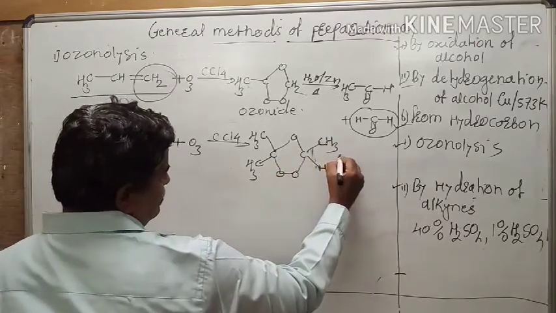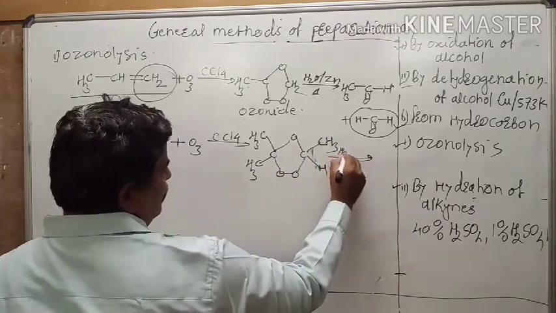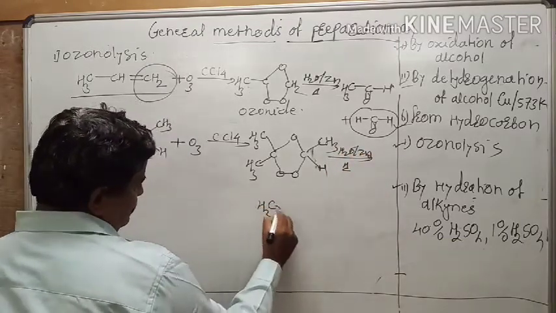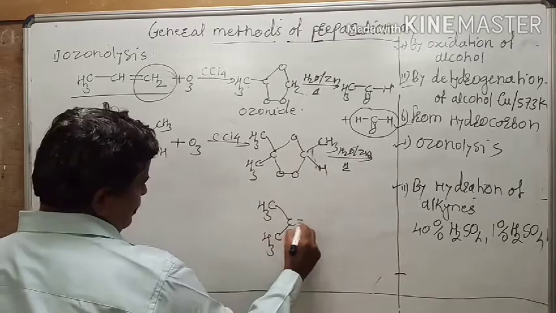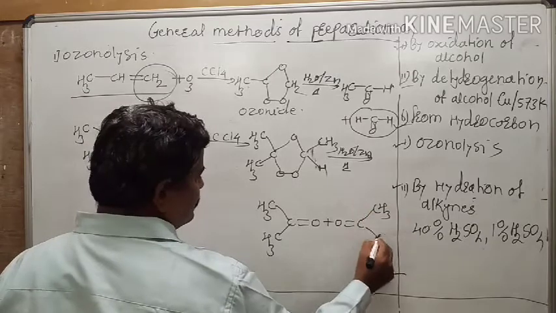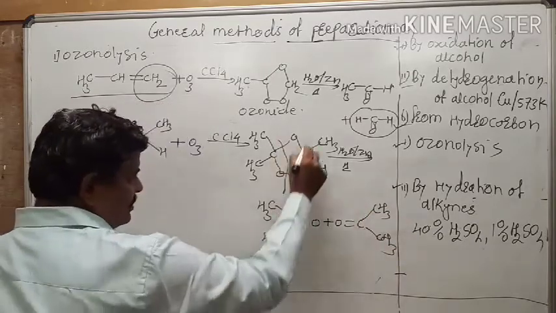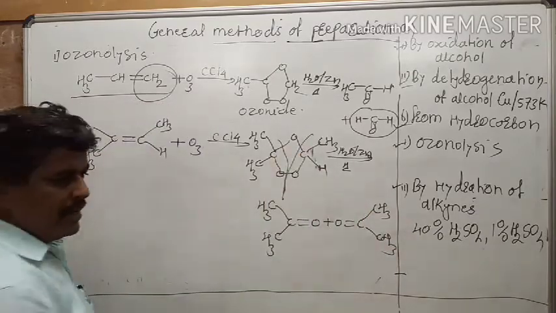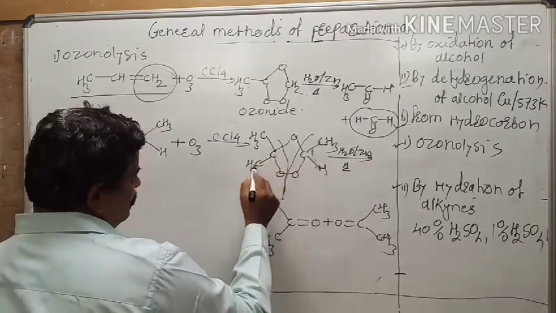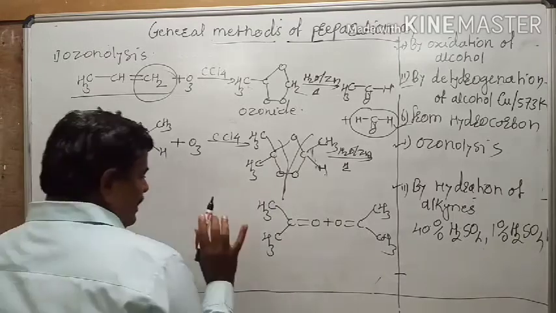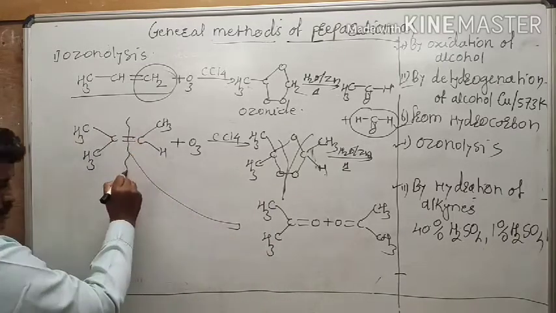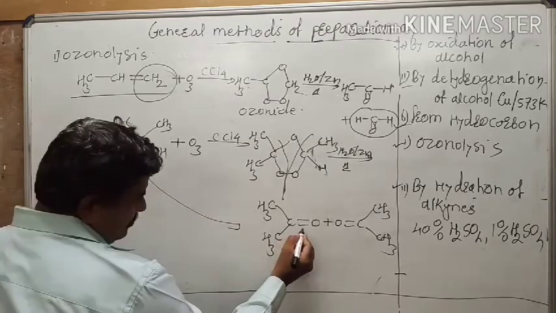This ozonide on hydrolysis followed by reduction gives CH3CHO plus O=CH3... So this bond breaks in this way, and you will get CH3CHO, CH3COCH3. So if you remember this shortcut, then break this bond, write this double bond as it is,